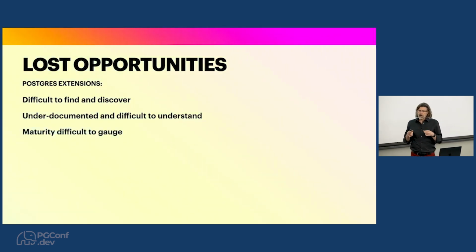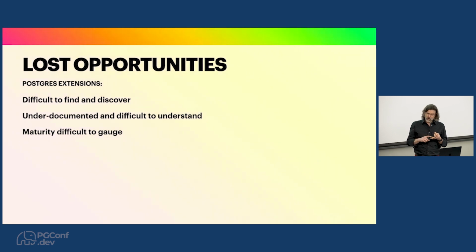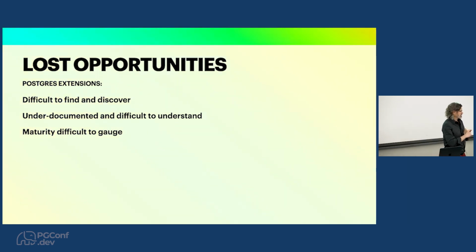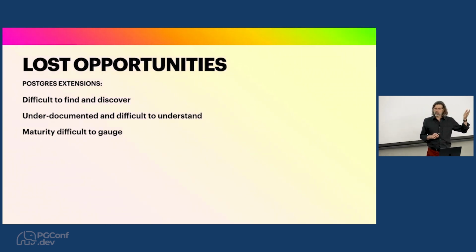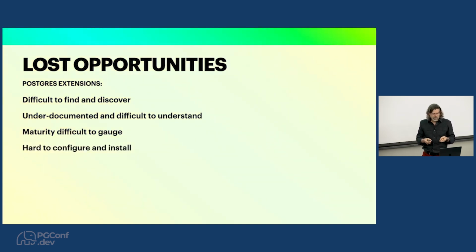The extensions you find, the maturity can be difficult to gauge, right? You don't necessarily know how long it's been around, how much effort was put into it, especially if there's not much documentation, although that's a bit of a signal. There's no rating system, there's no count of downloads, there's none of that stuff to give you a sense of how good it is, unless it's been specifically picked up by the packaging system you trust. So like the 200 that Devrim has put in Yum, you probably have a good sense of, but pretty much everything else, hundreds and hundreds of others, who knows?